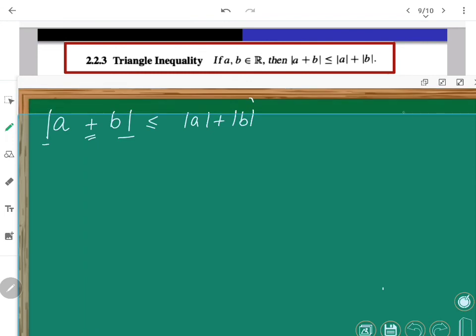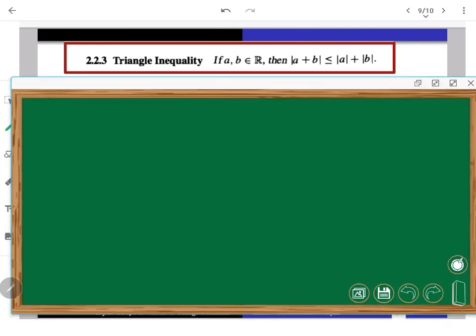So we will look at the proof quickly. The modulus of a sum is less than or equal to the sum of their moduli. That is the behavior with the additive structure. First, we quickly look at the proof, how it comes, and then we will look at why it is termed the triangle inequality.